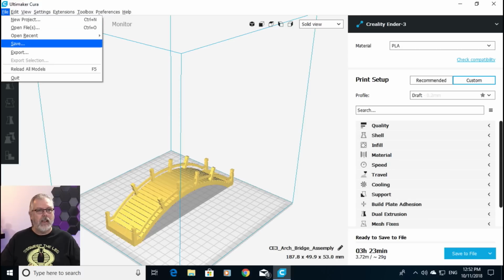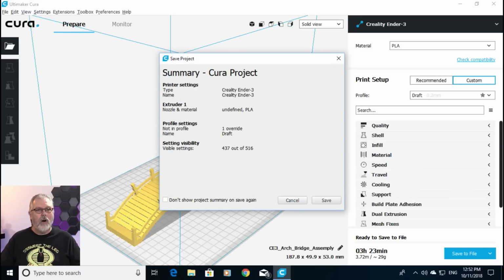If you go down to Save and click on that, you can see it's going to come up with a project summary, and you can now save these projects for later use down the road. Let's give it a quick go. We are using the Ender 3 as our printer, and we're using Ender 3 settings as well. We have a single extruder, it's undefined, and we are using PLA. Not in the profile is one override, and of course the profile settings are draft. And the setting visibility, which is your visible settings, is